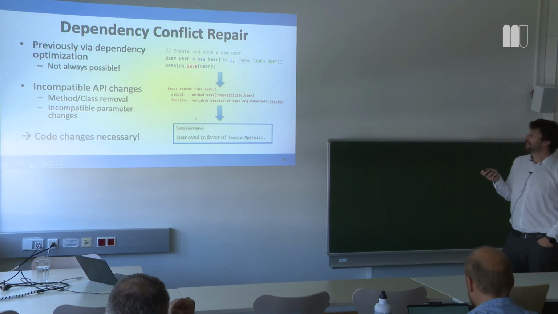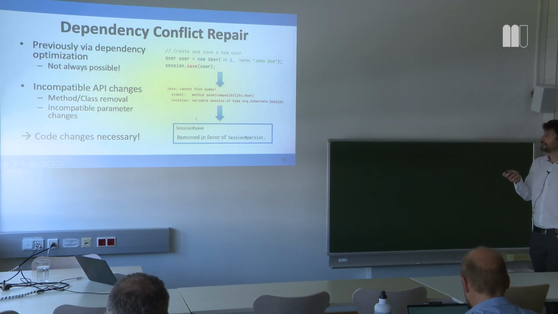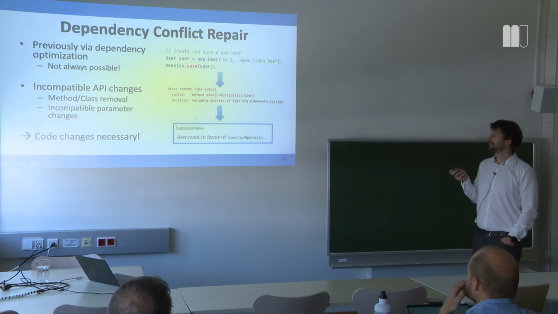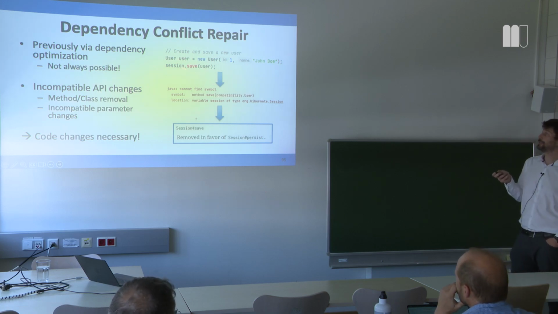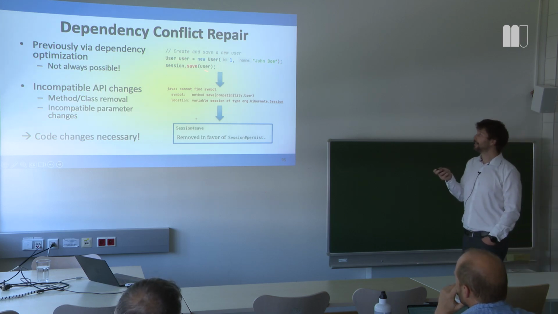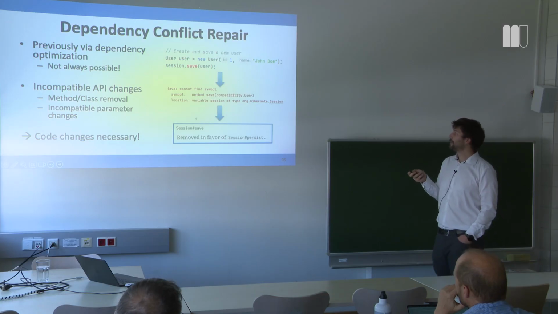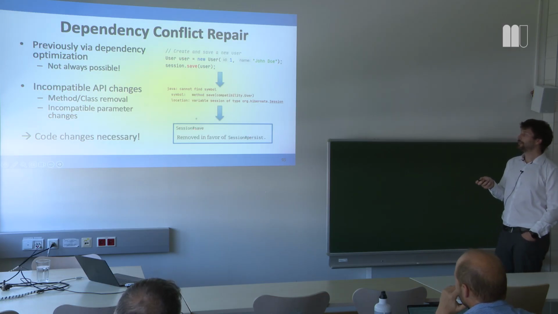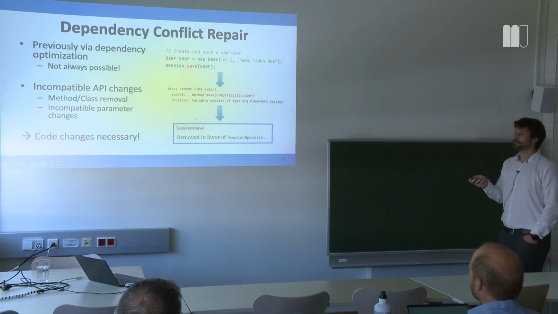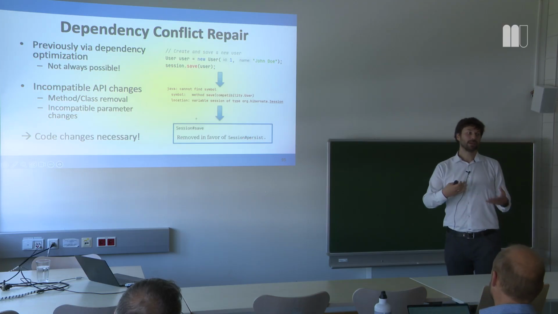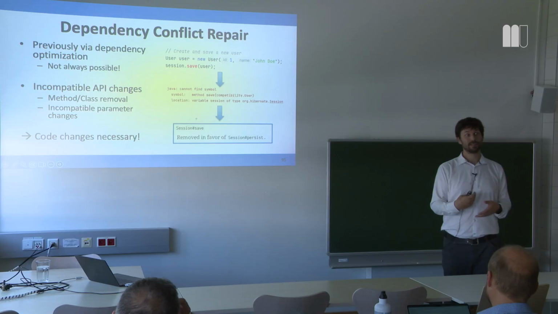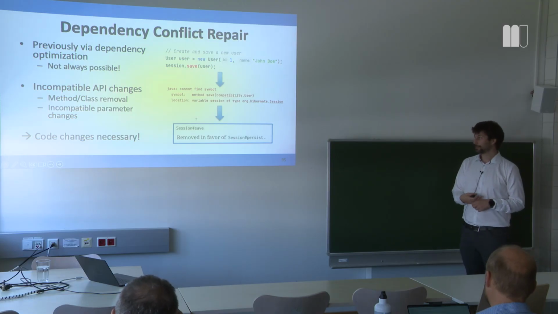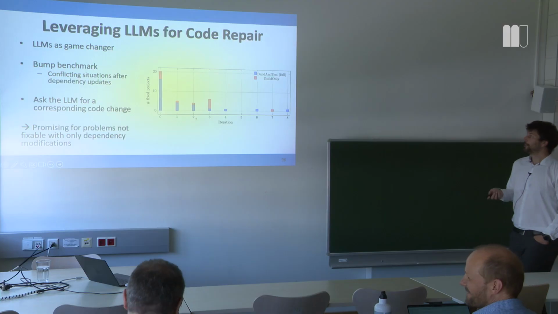And errors like this, that the API changed, are usually only fixable by changing the code. So for example, here you have a session save method that saves the data of the user, and the compiler says it couldn't find it anymore. And if you look in the documentation, you will see that this method was simply removed and you should use a different version. So this is something an LLM can easily understand, also a developer could easily understand, but we don't read the documentation too much. So in that sense, we try to